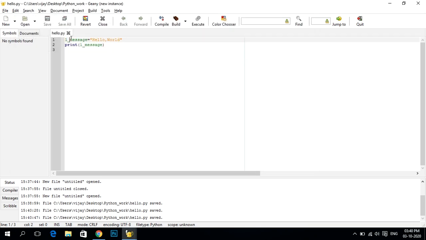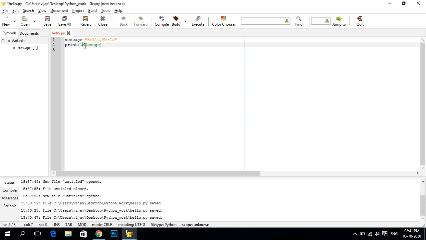This is the rule which we have to follow in writing our programs. And spaces are not allowed. If you want to use a space, you cannot use it directly here. Instead of a space you can use an underscore.